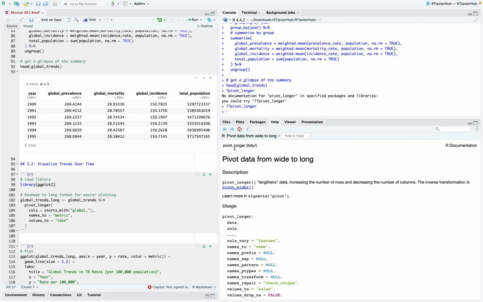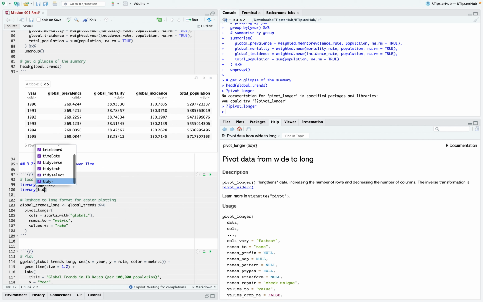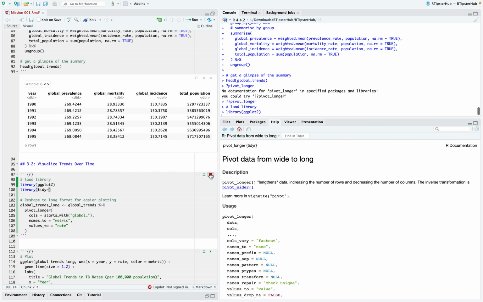And we see it is from, so this is usually the function and the package, which means we have to load this one as well. And then we change the names to metric and the values to rate. So if you run this,